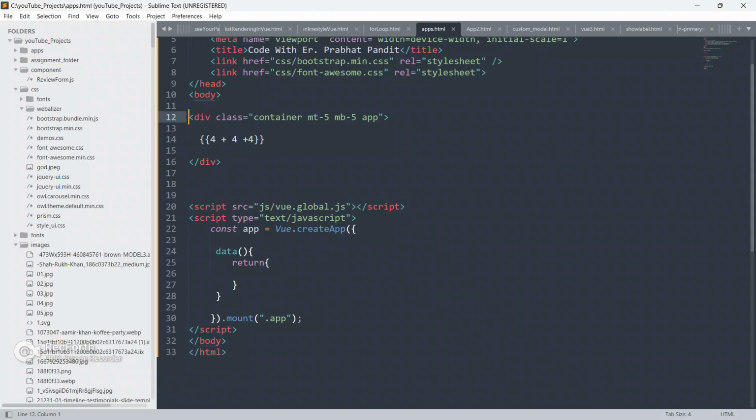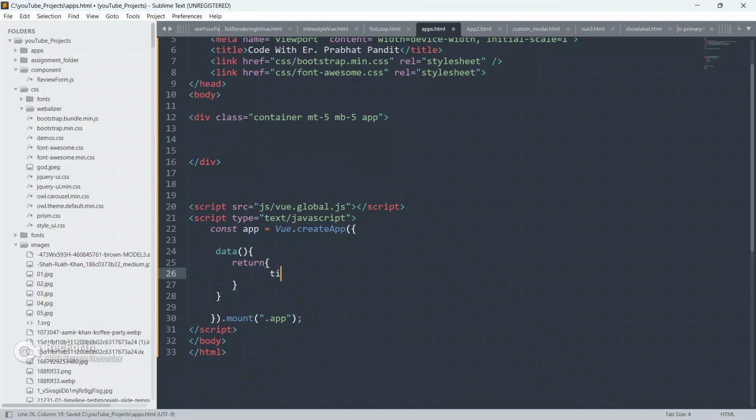See, it is giving us 12, which means our Vue.js is working fine and this div is also mounted with Vue. Okay, so now we are good to go and we are good to create applications using Vue.js.